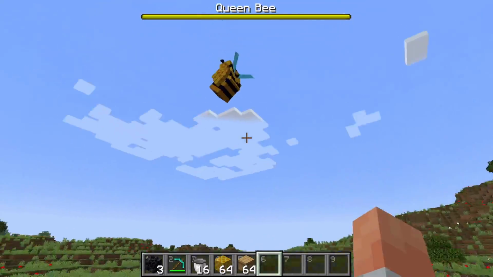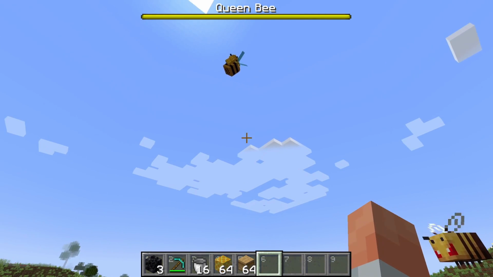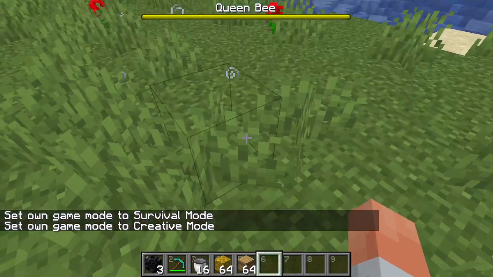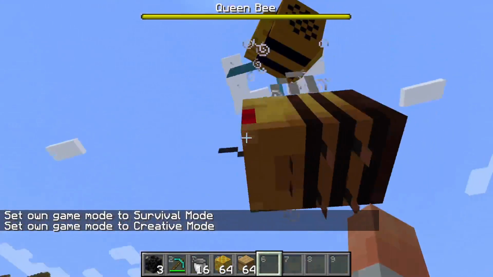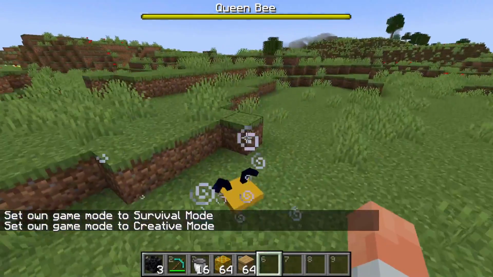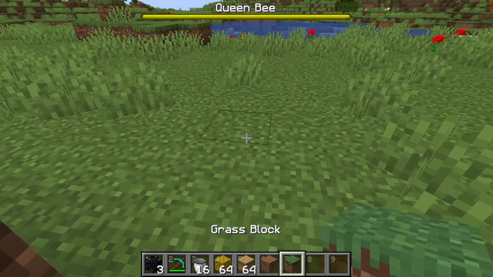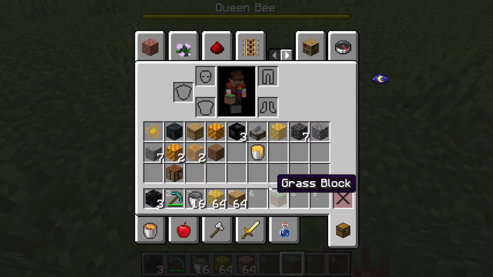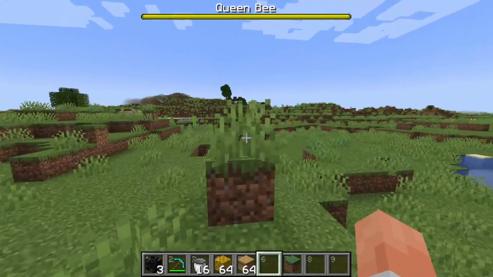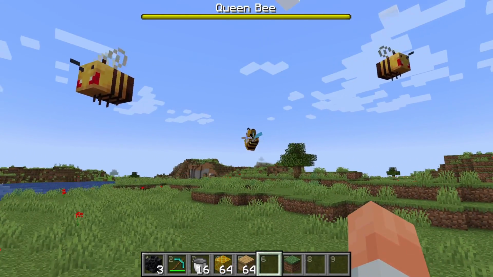The Queen Bee has a couple of attacks. Mainly, it will summon when it sees you, and will also clip through the ground. If you hit it, it will regenerate, so you need to be quite careful of that. And I would also not recommend fighting this particularly alone. It is possible, but you might find some difficulties keeping up with both the spawning of the bees and the